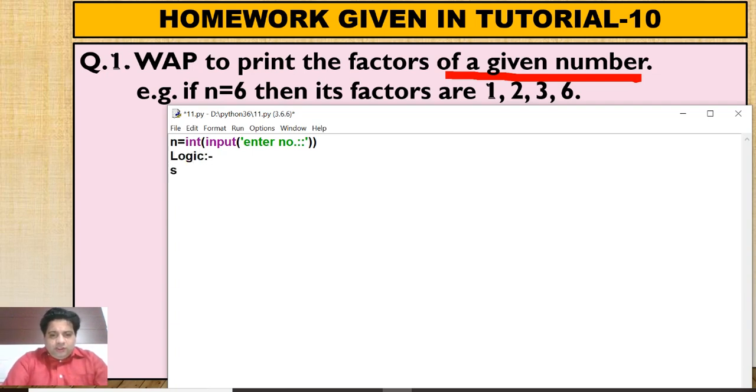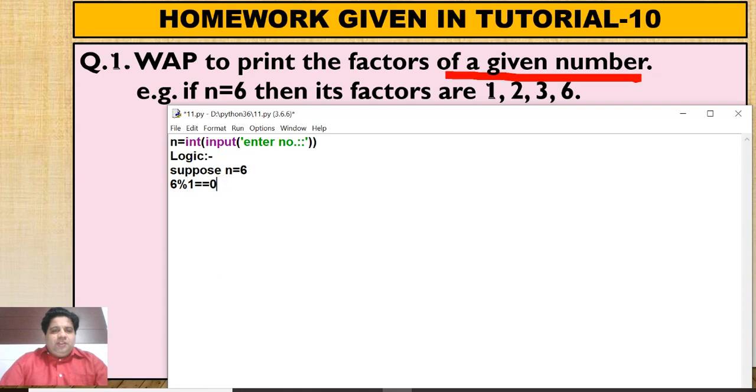Now suppose I am explaining the logic. What is the logic? Suppose n equals 6. How will you find its factors? You will first of all divide the number by 1 and check whether the remainder is 0. For obtaining the remainder, there is an operator percent, called the modulus operator. So you will mod 6 by 1.